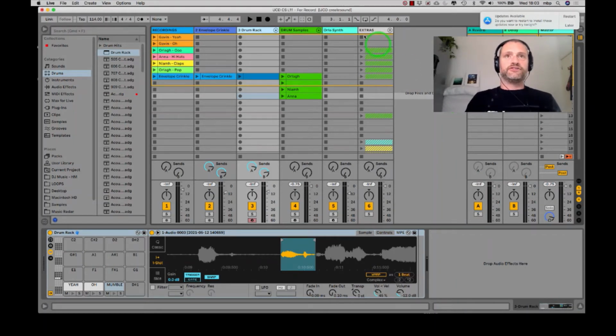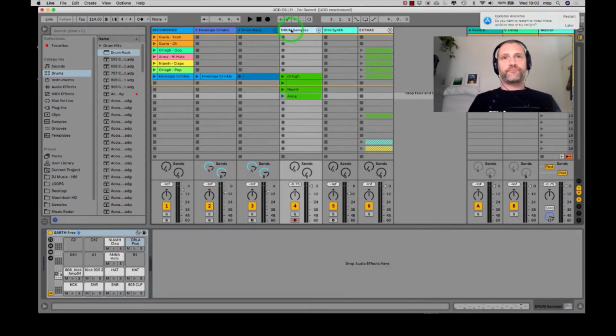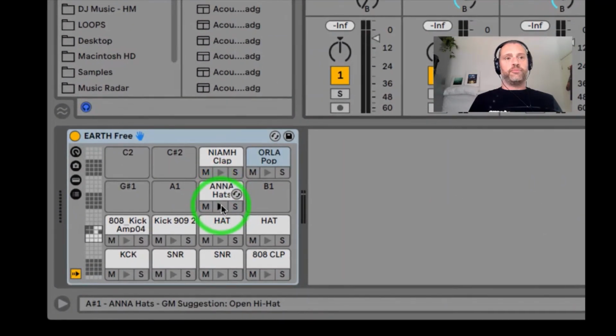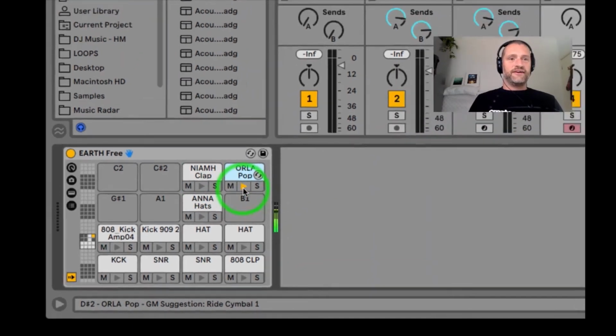So moving on to the drums. Similarly, like we did loading with Gavin's samples, we have loaded up Anna on the hats, Neve on the clap, Orla on the pop, onto the pads of a drum machine. I treated them a little bit to bring up the volume and drowned them in the reverb like our other samples.